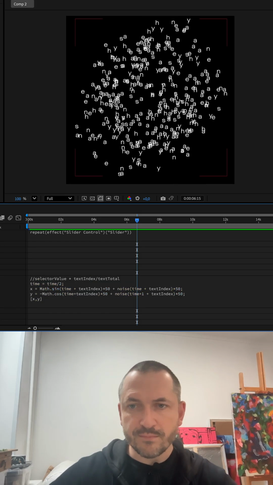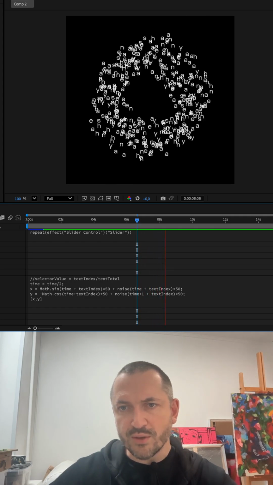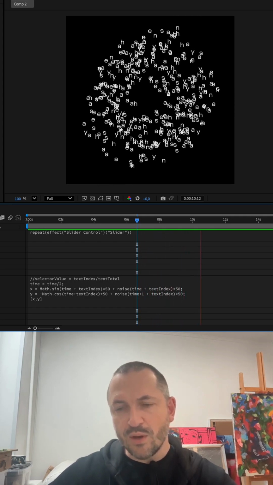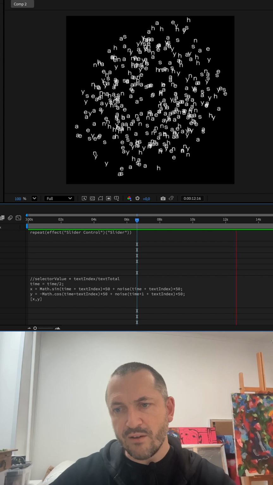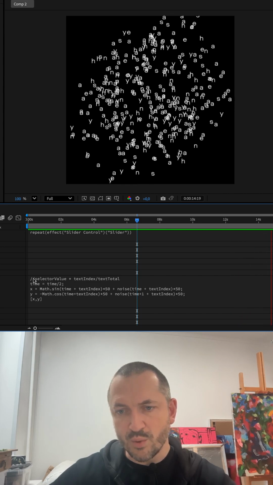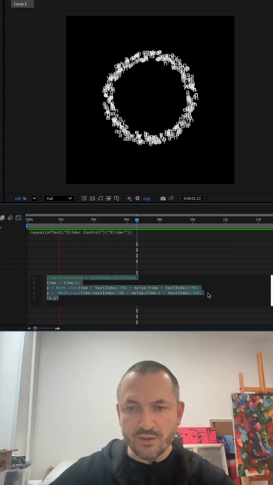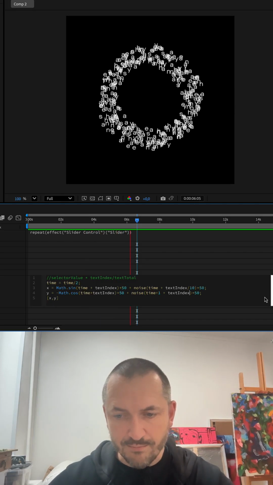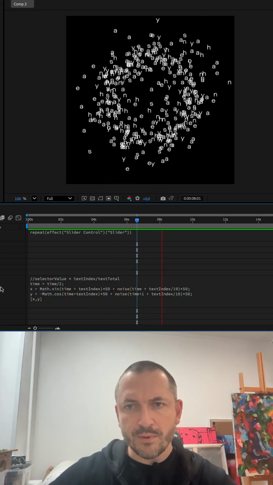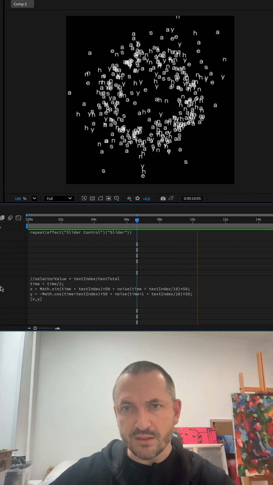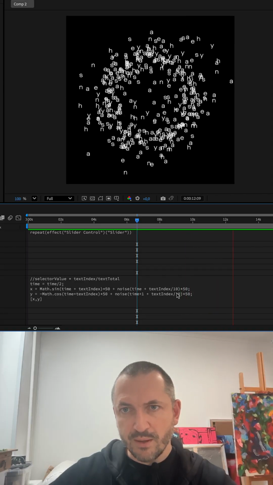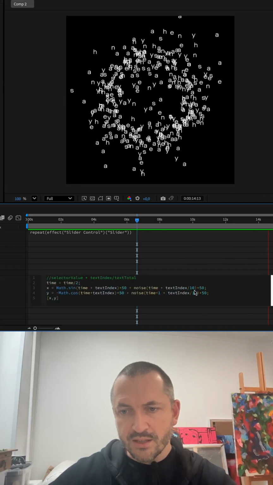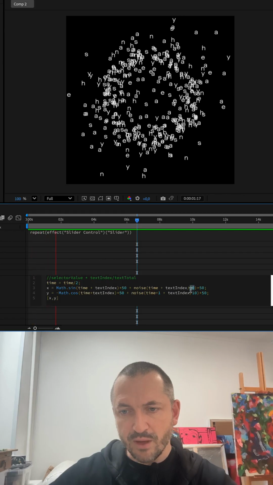We'll see. Oh, it's very noisy. It's too noisy. And we have a very big distance in noise between all characters. So we need to divide text index by at least 10. Yeah, now it travels. This is what we need. Maybe 10 is maybe.